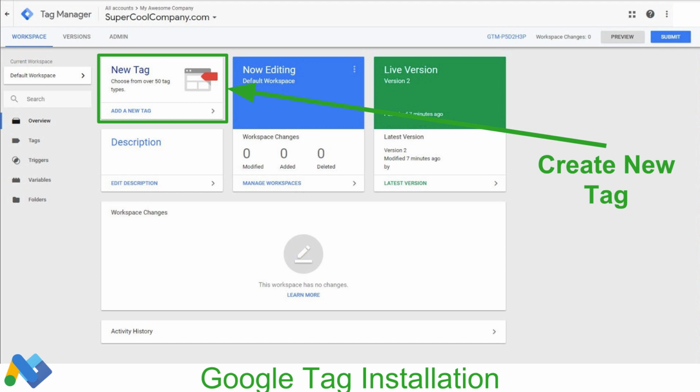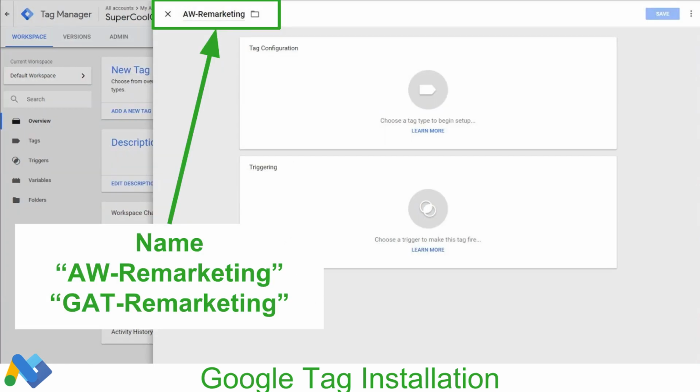So we'll go ahead and click Create New Tag and we'll come up here and name it. I still use AW for AdWords because Google Ads GA is the same as Google Analytics and it just messes up our entire naming convention. Or you can do GAT, which stands for Google Ads Tag Remarketing. You're welcome, more than welcome to come up with your own names. That's just how we use it. And we're still using AW just because GA is not a good abbreviation since Google Analytics is the same abbreviation, and we already did that for all of our clients.